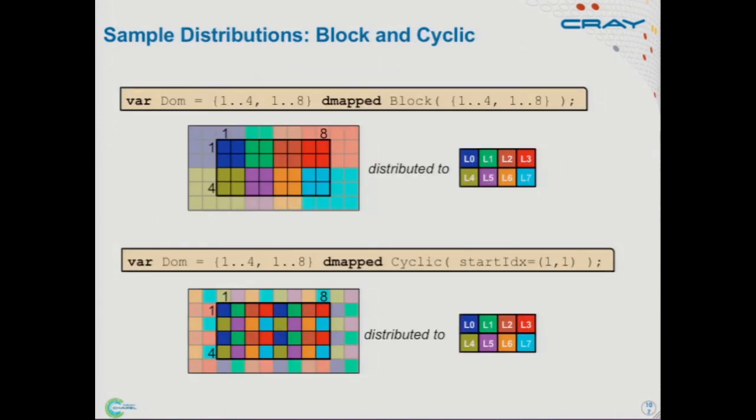All right, so we've already seen these block and cyclic distributions. This slide just shows that they can be used in a multi-dimensional manner as well. And you can basically take the set of locales that you're mapping and pass those in as an argument optionally if you want to. Or by default, the implementation will just make them into kind of a squarish rectangle. So here if I say block my 1 to 4, 1 to 8 domain in a blocked manner, basically I'm going to get this 2-dimensional blocking of it. And if I do cyclic, I get this 2-dimensional round-robin dealing out of indices.